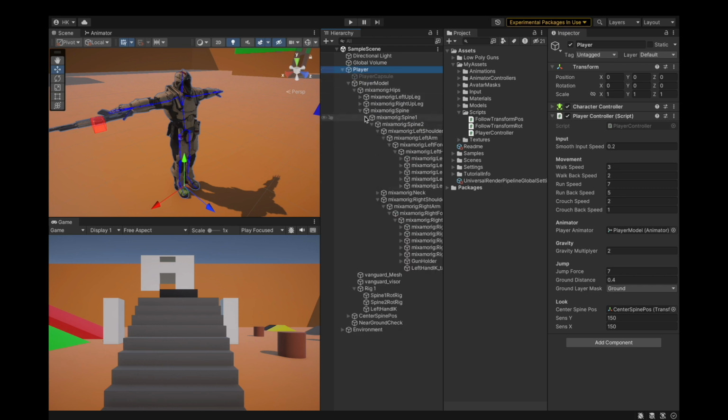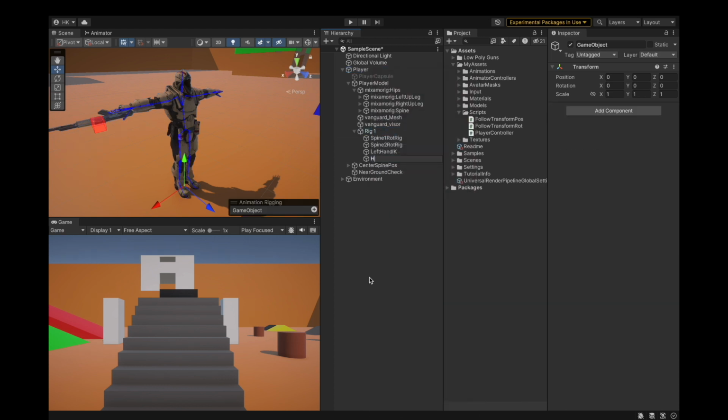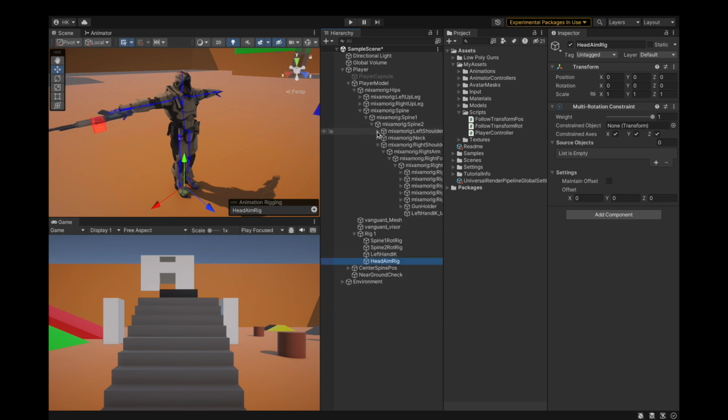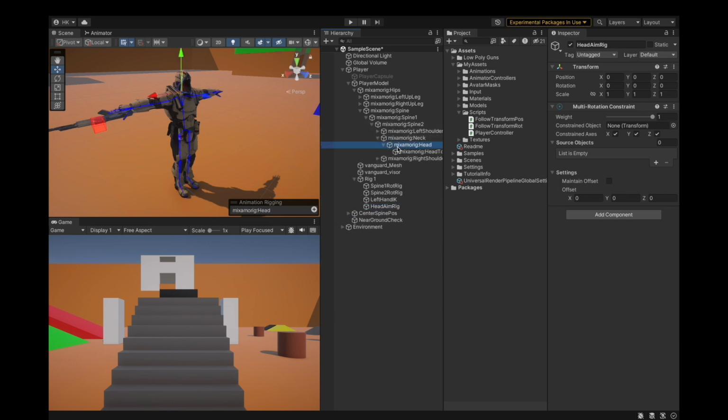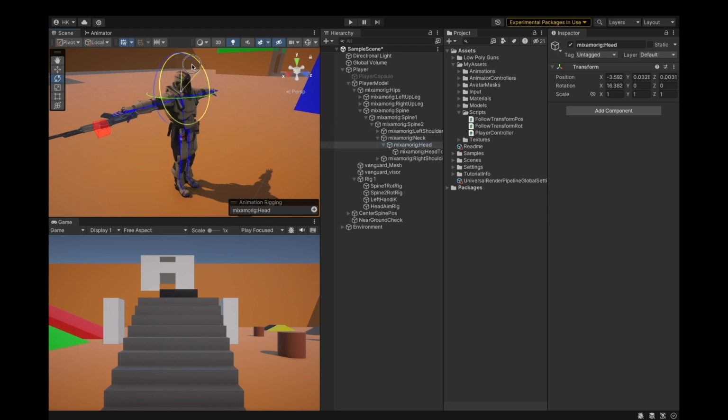So inside our player model, we have a spine. Just close those, and we can create an empty game object and call this the head aim rig. So we want one for the head aim. We use a multi-rotation constraint, and the constraint object is going to be our head, so that's inside the spine, inside the neck. Which one's better? Should we give it the neck or the head? We'll see. Oh yeah. And the head. Yeah, the head